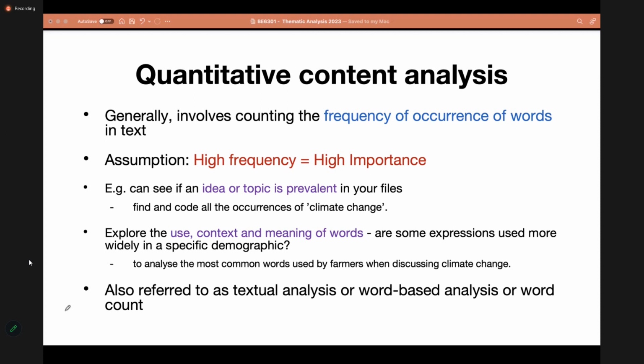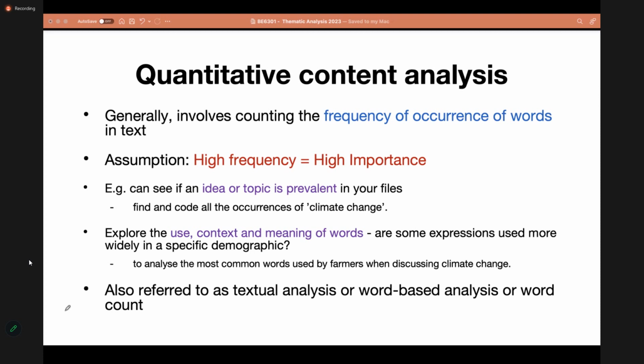So, for instance, if you are conducting some interviews with different sectors in the economy, you might check and see, okay, what are the most common words that farmers use when they talk about climate change. So do they mention rain?